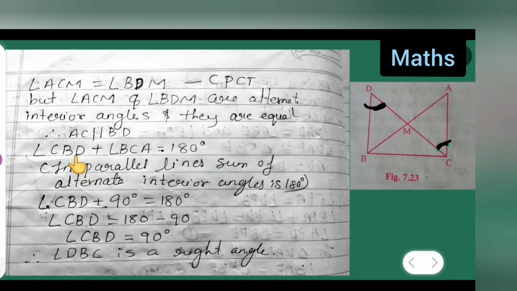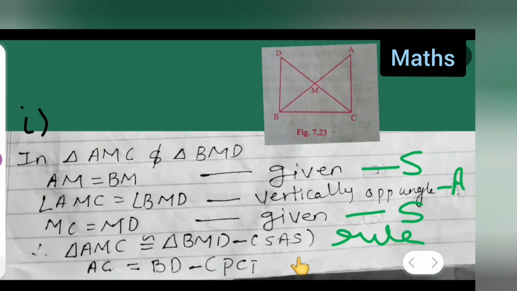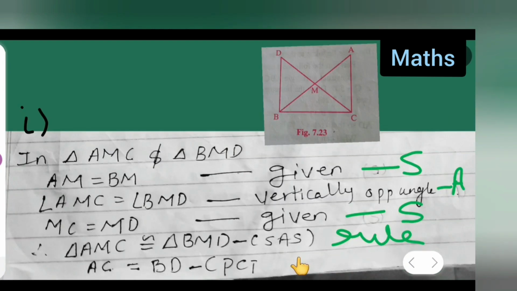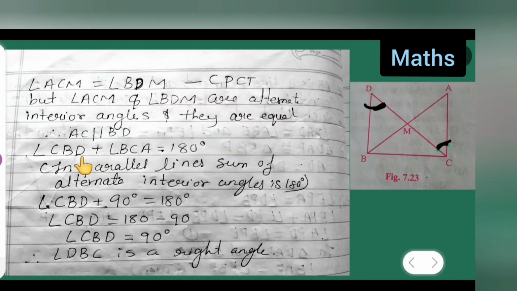Now angle CBD is something which you all need to find, right? Here it is given in the question. Angle DBC you all have to find. You have to prove it to be 90 degrees. So CBD you all took, plus this. Now BCA is already given, this ACB is 90 degrees, right? So plus 90 is equal to 180, write it as it is. So angle CBD is equal to 180 minus 90. So angle CBD is equal to 90 degrees.